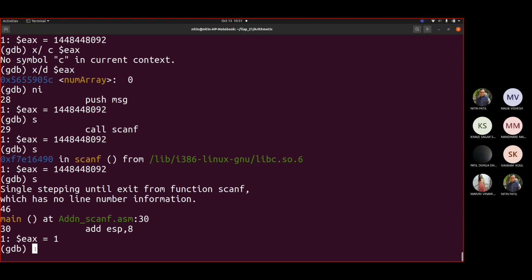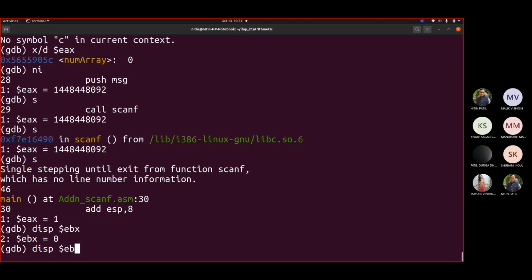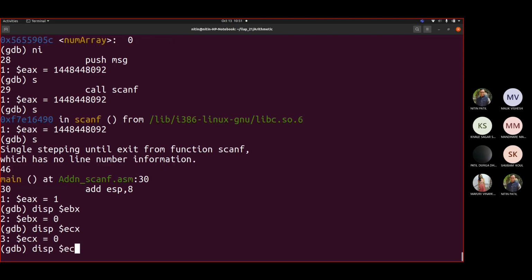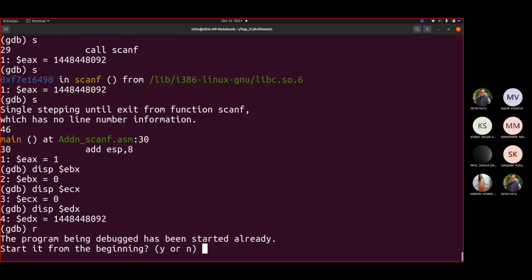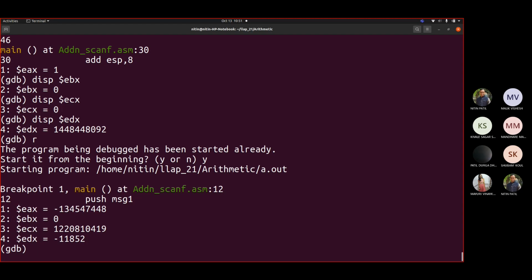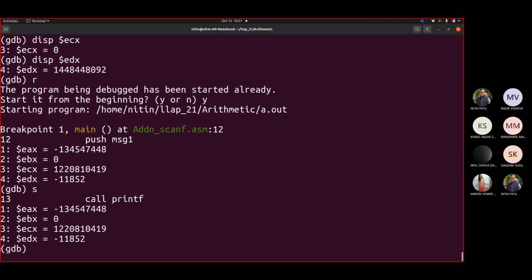What happens is EAX, ECX and EDX values always get changed whenever we do this. Okay, so let me display, for example, EBX, ECX and EDX. So if I say run, now try to concentrate on this when we reach that printf or scanf. Now these are the garbage values, all of them are garbage.